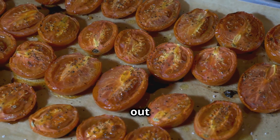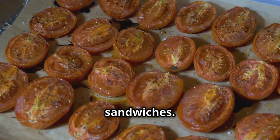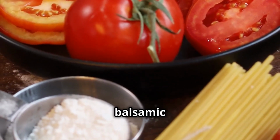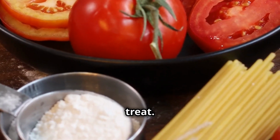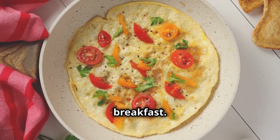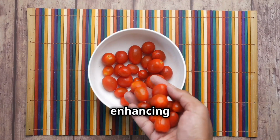Roasting tomatoes brings out their natural sweetness, making them a delightful addition to various dishes from grain bowls to sandwiches. For a quick snack, try slicing tomatoes and pairing them with a sprinkle of salt and pepper or a drizzle of balsamic vinegar for a simple yet delicious treat. Additionally, incorporating tomatoes into omelets or frittatas can add a vibrant touch to your breakfast. By exploring these various methods of preparation, you can enjoy the numerous health benefits of tomatoes while enhancing your meals